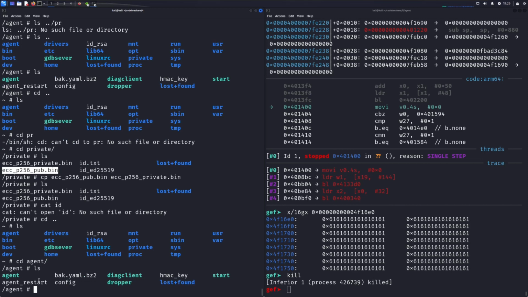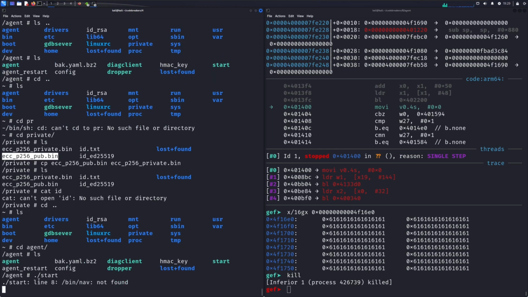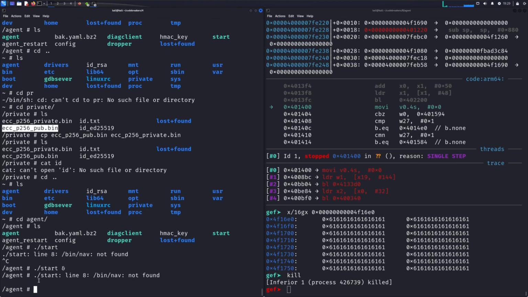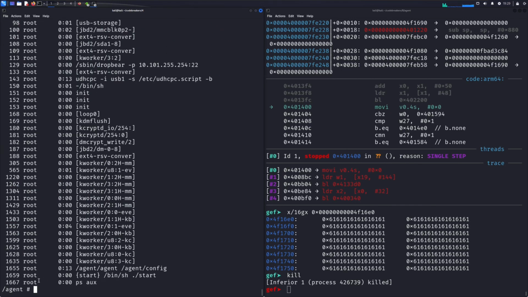Agent restart. I think everything should work if I run the start command. Let's run start and see. That's fine. Actually, I should have run that in the background, but that's all right. Can I kill it? Let's run start in the background. ps -ox agent should be running. Perfect. So if we kill agent, kill